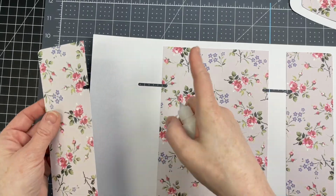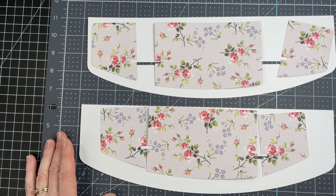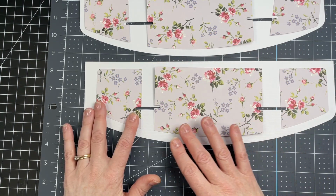So I'm just going to glue down my decorative panels. I now have these panels that are going to go at the top. I'm going to do the same thing. I'm going to look for those score lines and match them up with my panels and glue my decorative panels